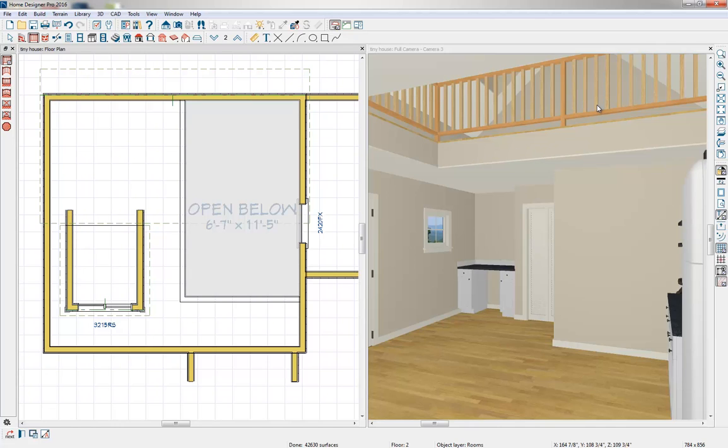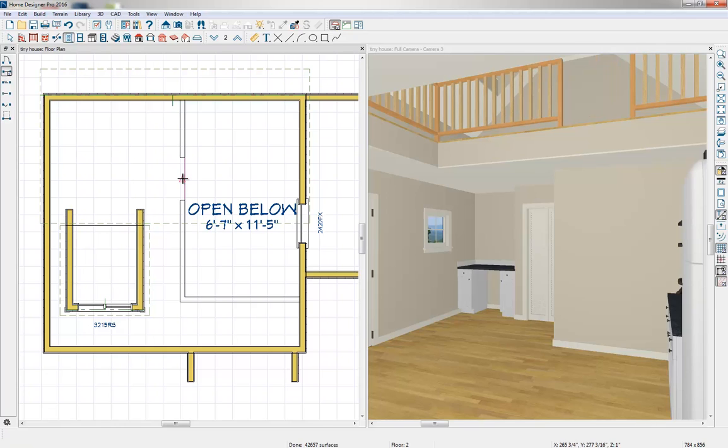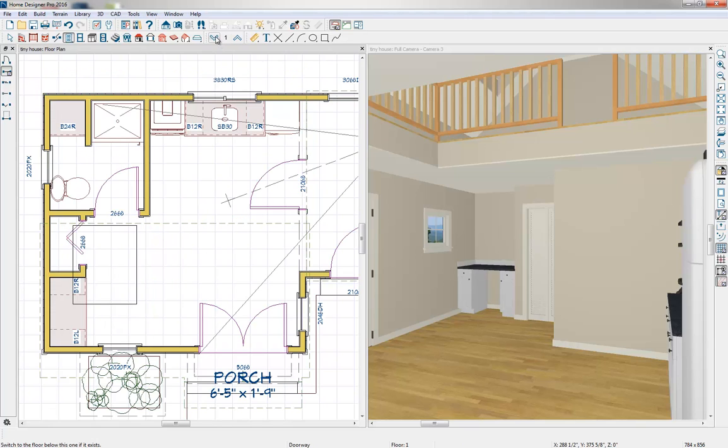And let's create an opening in our railing. So in that floor plan, I'll select our door tool and our doorway. And let's just drop one in here. And I'll just use the editing handle and resize the opening a bit. And with our tiny house, since there's not a lot of space for a staircase, I'm going to place a ladder. Let's go back down to that first floor and get into our library,